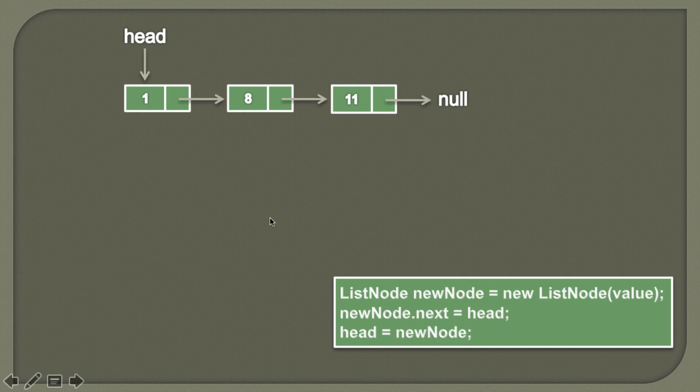So friends, here we saw the demonstration of this algorithm by inserting 3 nodes at the beginning of the singly linked list. First we inserted 11, which became the first node of the singly linked list. Then we inserted 8 and then we inserted 1. So friends, now let's go to Eclipse and see the working of this code.